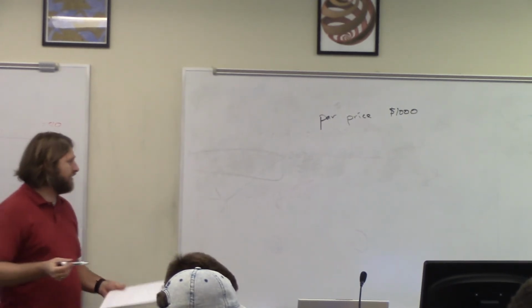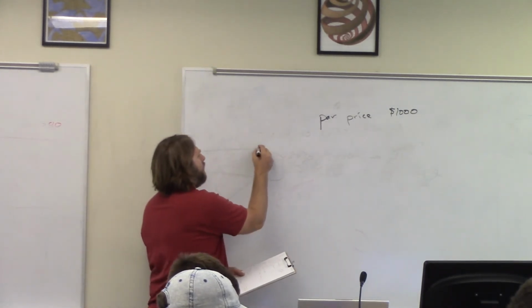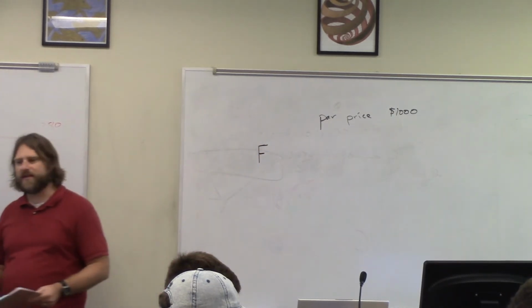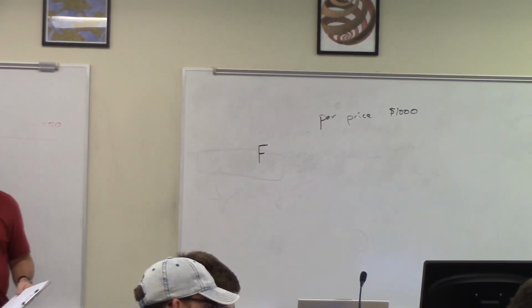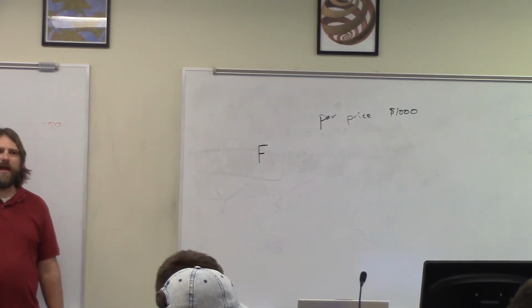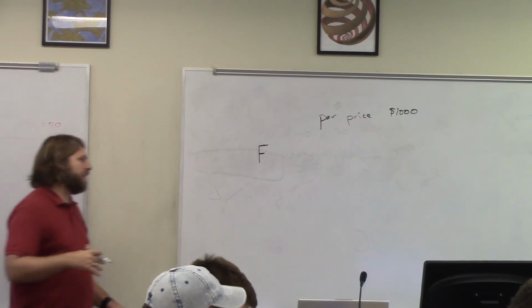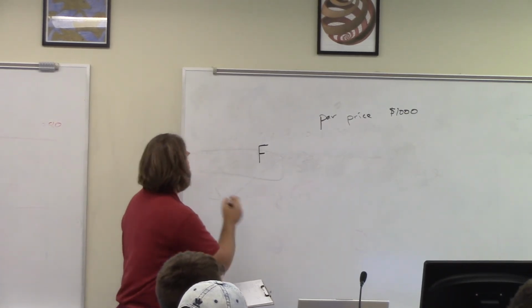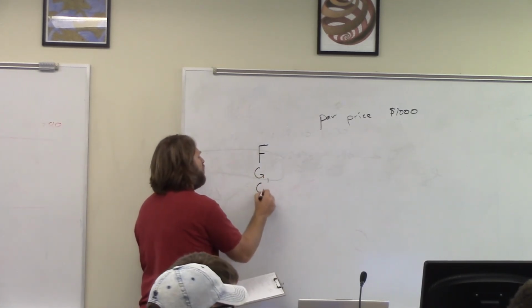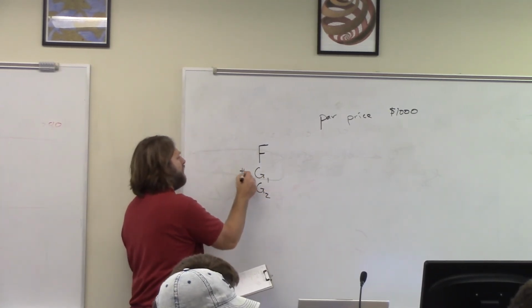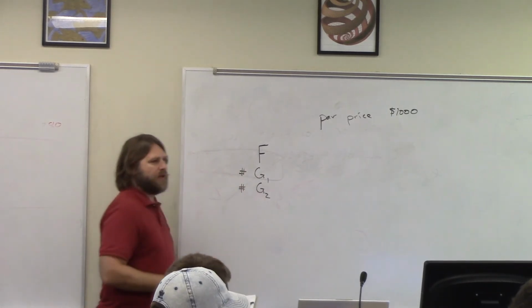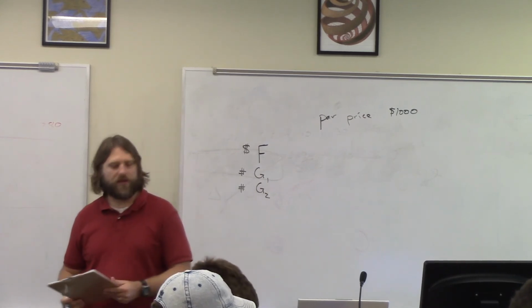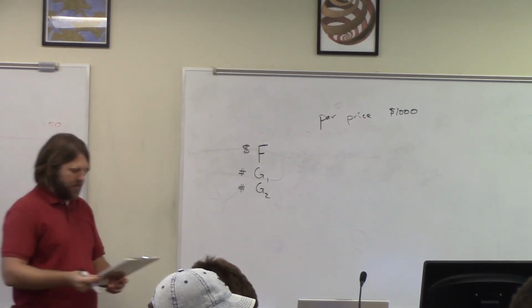So what you're going to do is make some deposit to your bank. Let's just call it F to be consistent with your textbook. This is the amount that you're going to put in the bank. Okay, and you're going to want to buy, say, G1 and G2 number of securities. Okay, so this is a dollar amount, and these are securities that are available to you. Okay, so